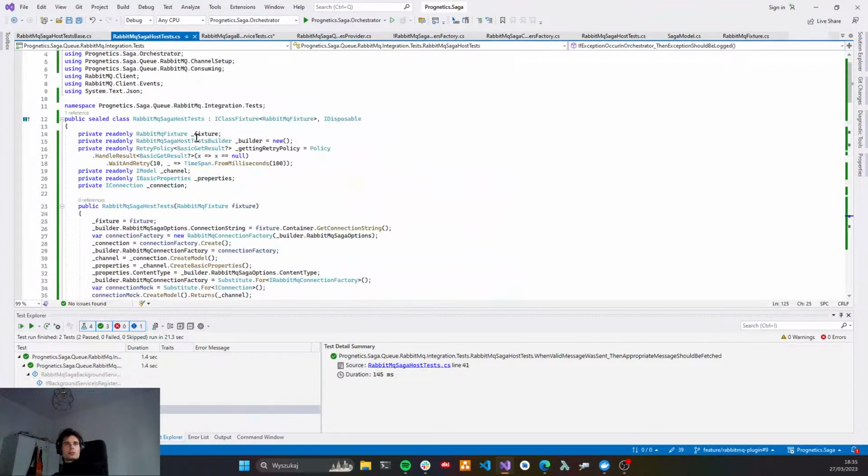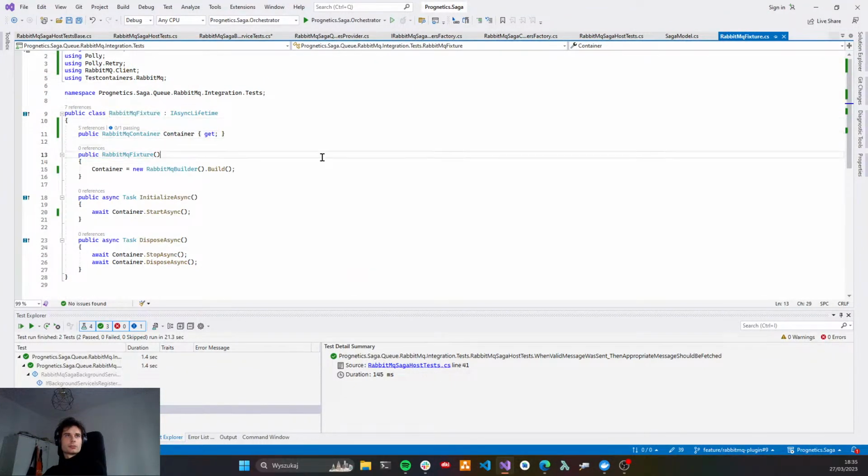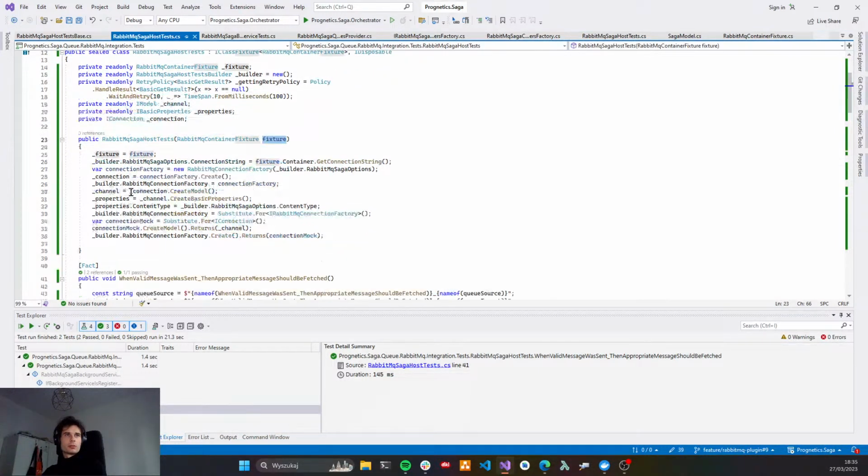And as you can see, we have a fixture. In our fixture, we have our container, and maybe it's the wrong name. We should name it RabbitMQ container fixture. It's more precise, I think. And now we use the fixture to set up our builder. We're passing a connection string. We defined a connection factory, and